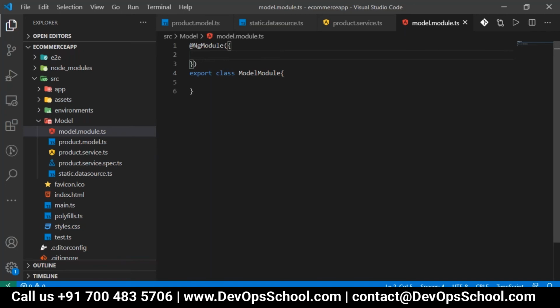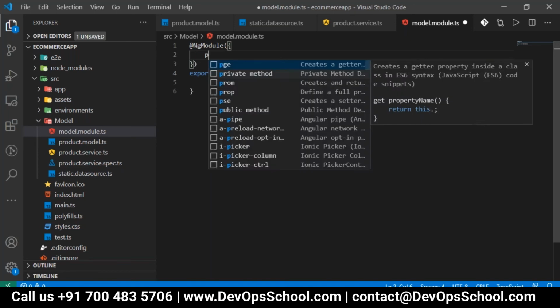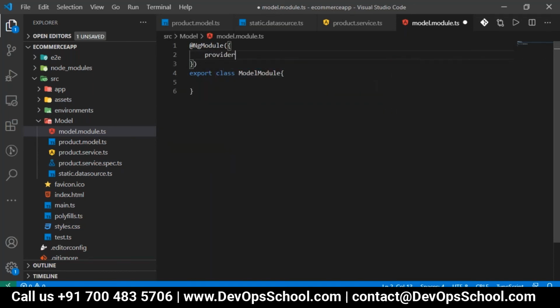But I don't need to use bootstrap here, because this is not the main module that needs a bootstrap. So I just want one, which is providers. In the providers, I can register all my classes.